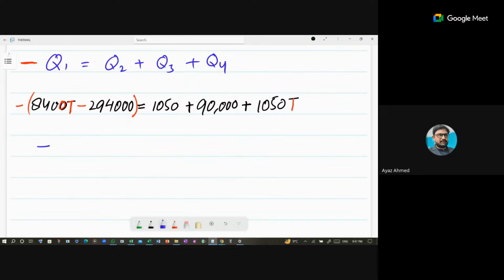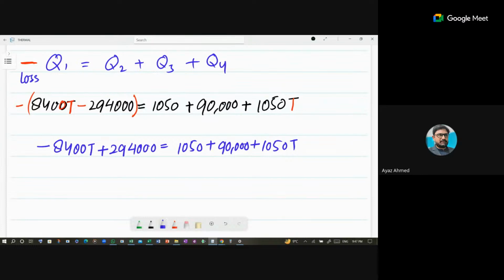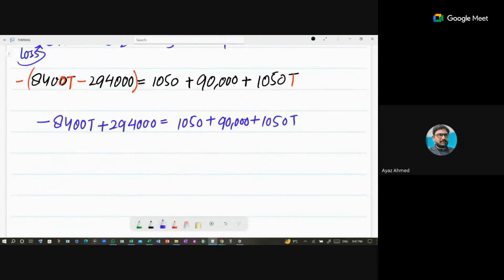Basically, the lost heat is now minus 8400 T, minus minus plus 294000, equals 1050 plus 90000 plus 1050 T, right? Just due to the loss, I put a negative sign over here. You have to remember this, because I did not consider that before. I was not intending to forget that loss should have a negative sign in the calculation. So now you see, when you add all those together, 8400 T and minus 1050 T,